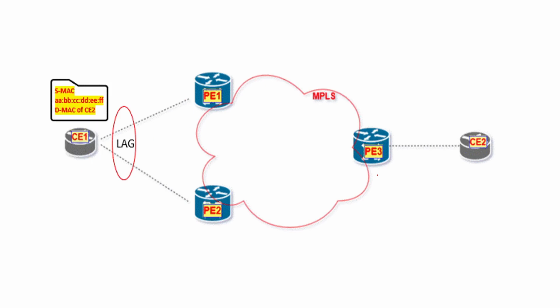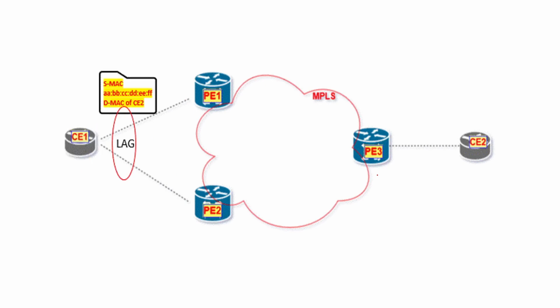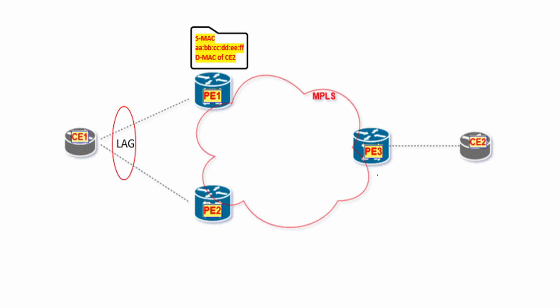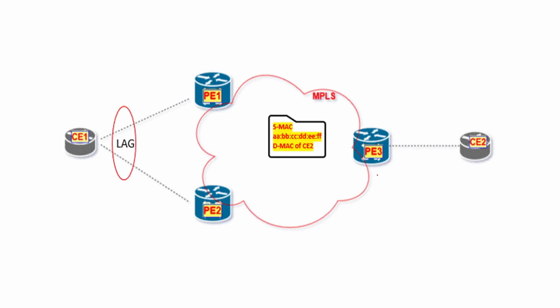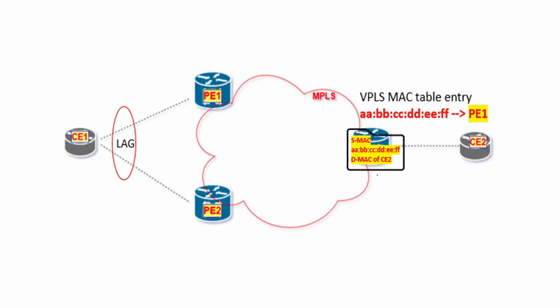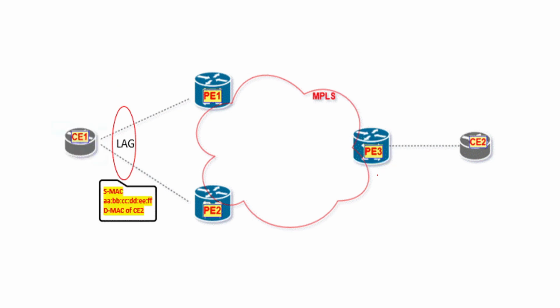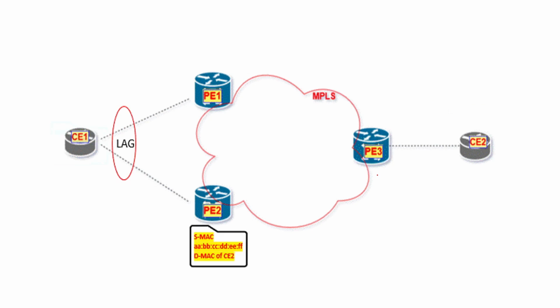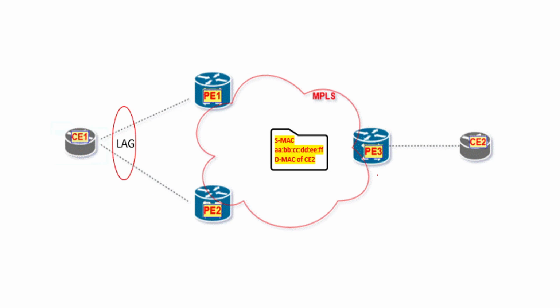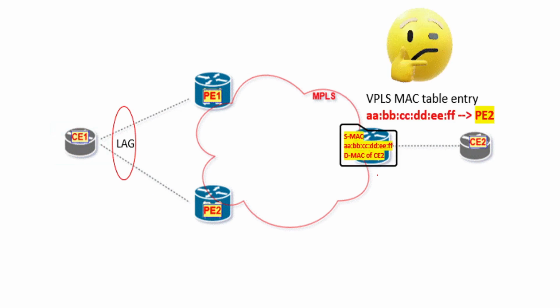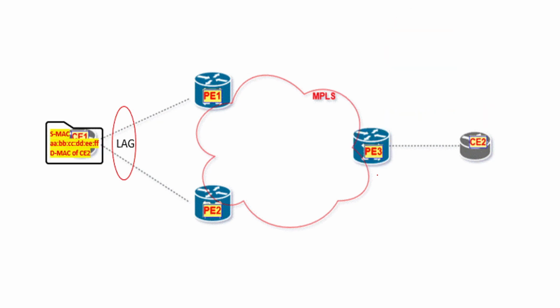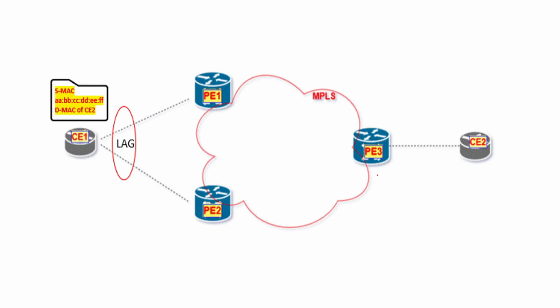The next challenge with VPLS is the unstable forwarding table. So let's say in this scenario, CE1 is sending traffic, and because it is a LAG on the CE1 side, it can send its BUM frame on any port. So let's say that one time it arrives on PE1 and the second time it arrives on PE2. So both are going to forward it to PE3,